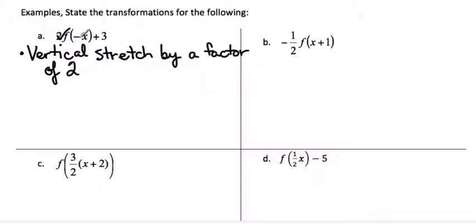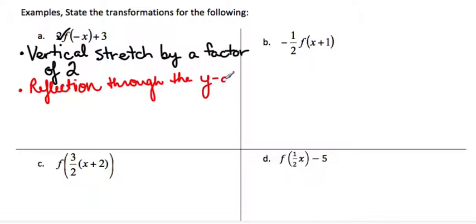Now the next value is the negative inside the function. So if it's inside the function, then it's horizontal. So this is actually going to be a reflection because it's negative. And it's going to be a reflection through the y-axis because we are going horizontally. So we're going to actually take the point and put it through the y-axis to the other side. So now we've done the negative. Perfect. Now we're going to do our next one,